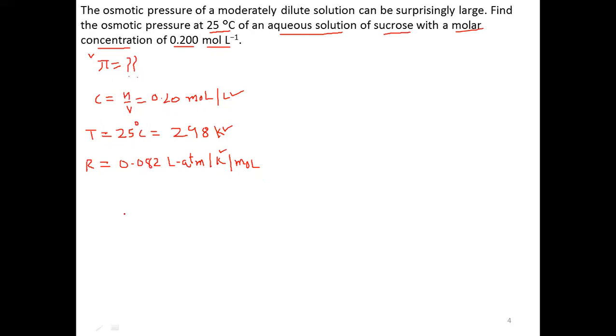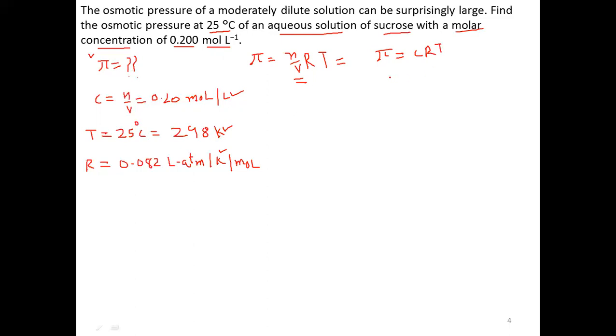So by simply putting the values, we can calculate pi is equal to n by V RT. I am again mentioning we are doing the numericals of non-electrolytes, so that's why I have not used iota. Otherwise, we also have to use iota. So those numericals we will do in numericals on colligative properties. So n upon V can also be written as C. So in simpler form, we have the formula pi is equal to CRT.